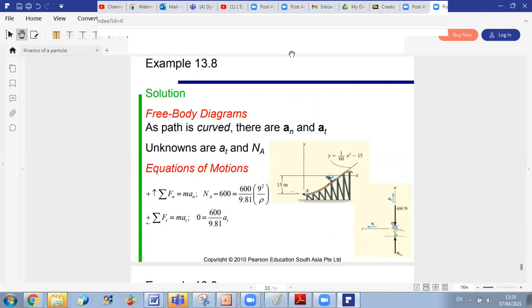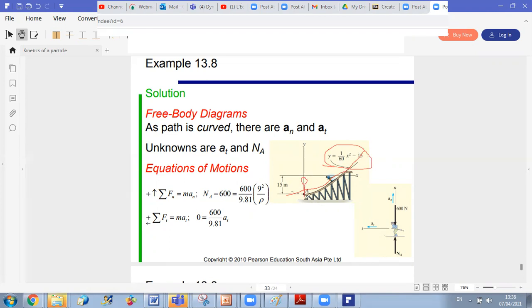We have a skier going down a certain curve. The equation of the curve is given, so y as a function of x, and we are just interested in the tangential acceleration at point A and the normal reaction at point A. Okay, so whenever they ask for a specific point, then you take the point of interest and you draw the free body diagram at this point. So when the skier will reach this position here,